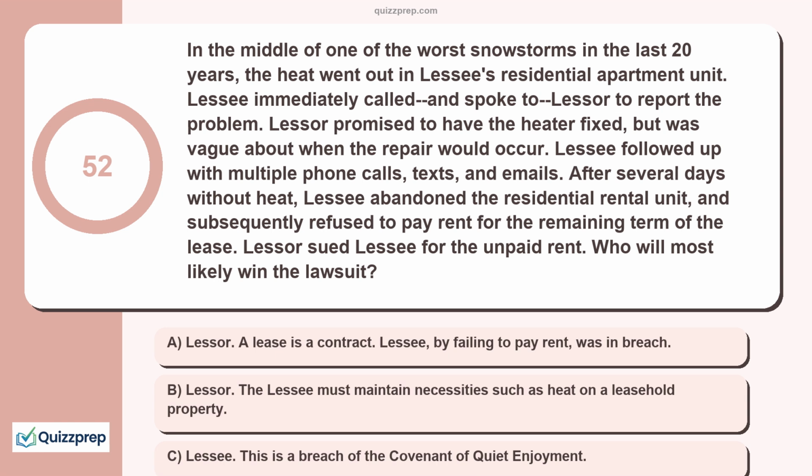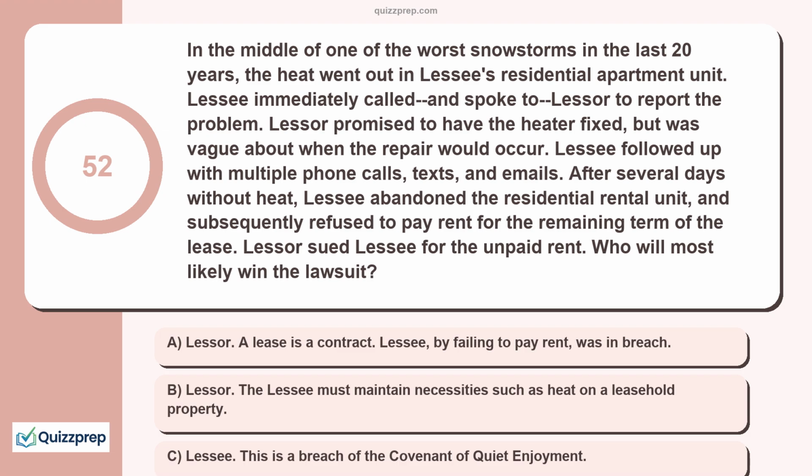Note: a failure on the part of the landlord to make a residential rental property habitable is referred to as constructive eviction. This is not physical or legal eviction, but rather a failure on the part of the landlord that significantly affects the tenant's possession, enjoyment, or use of the leasehold property. A is incorrect. This answer choice states the general rule, but a breach of the implied warranty of habitability may relieve the residential tenant of any further contractual obligations, including payment of rent. B is incorrect. In most jurisdictions, the landlord is responsible for keeping necessities such as heat, plumbing, water, and electrical systems in good repair. C is incorrect.